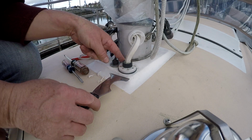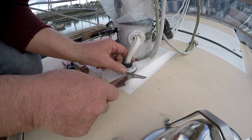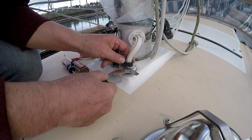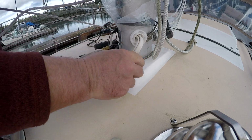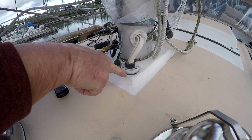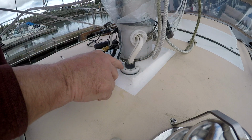It's my philosophy with older boats to do no harm. And I really don't want to cause more trouble here, but I have to find out what's going on. So I don't believe the leak is coming from up top here. I think that's solid, and I could be wrong about that, but it looks pretty good. I think it's got to be here, and then underneath here. And so instead of trying to remove all of this stuff and redo it, I think what I'll do is